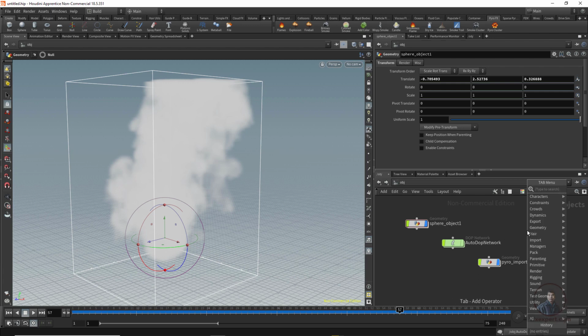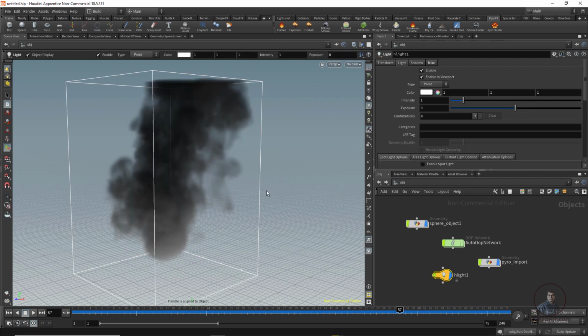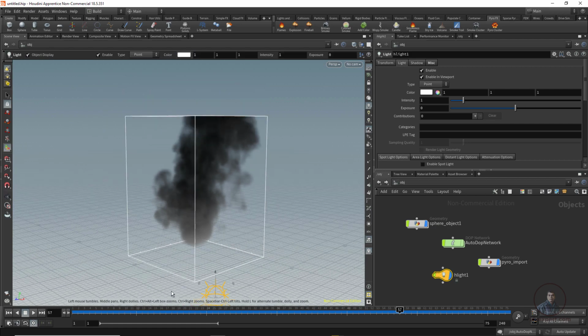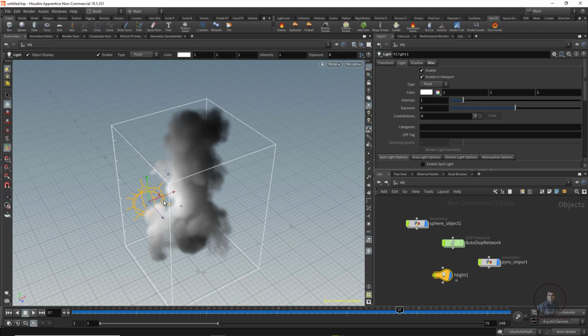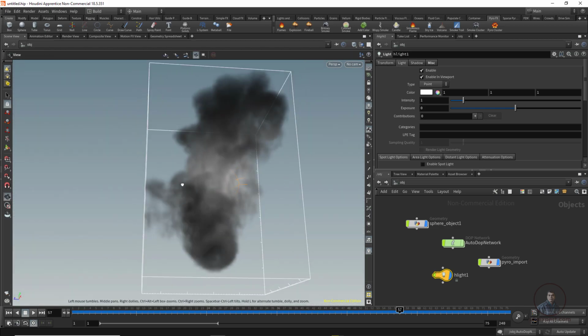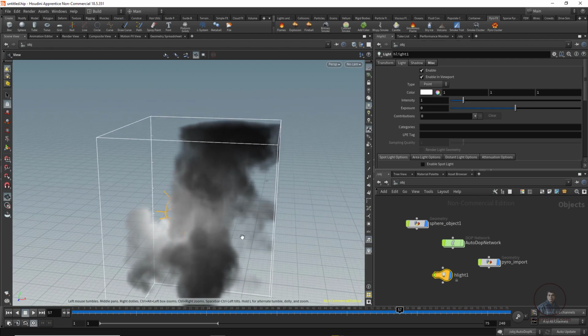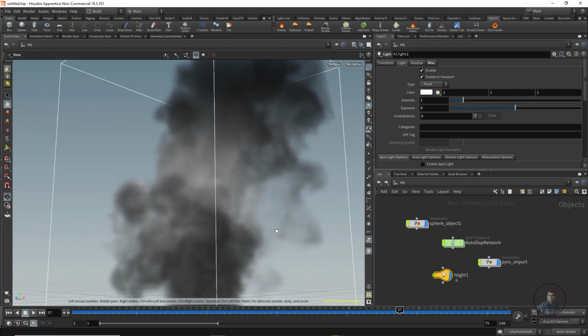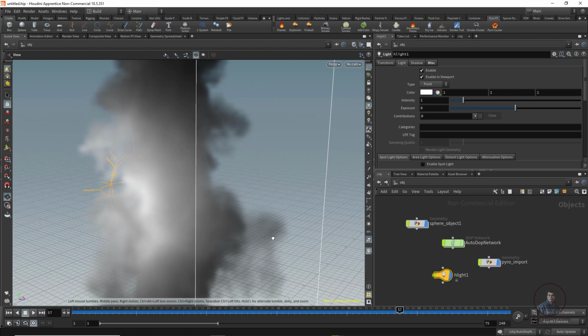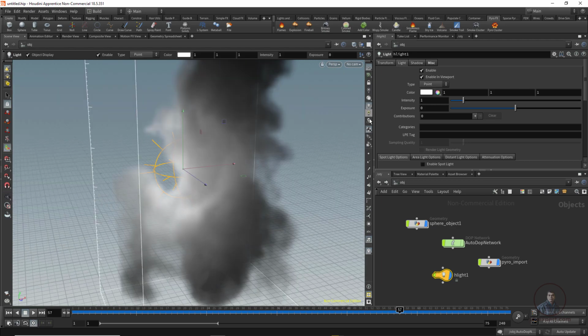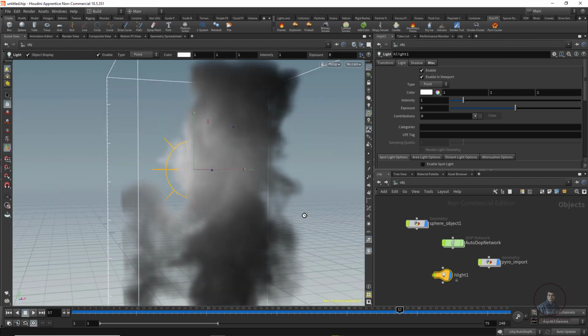So press the tab button and create a light. Create any light. Now you can see, just select this light, take the move tool or transform tool, and adjust it here. Now you can see smoke. Here on the right side you will see some light options. If you want high quality lighting, you can click like this. So these are a few options related to our lights here. Now just play here, so you can easily see smoke like this.